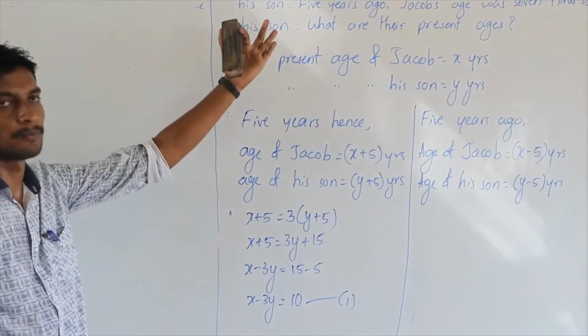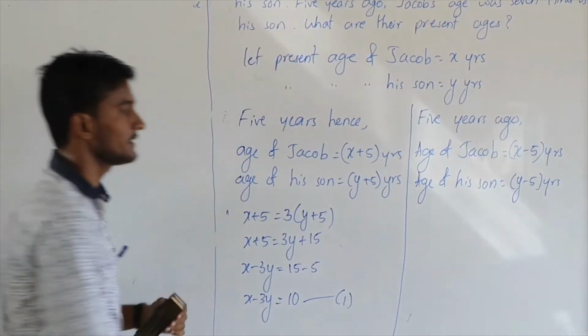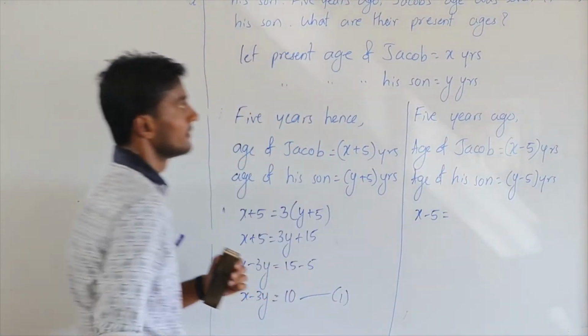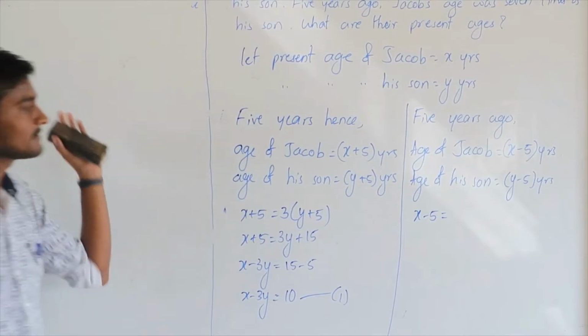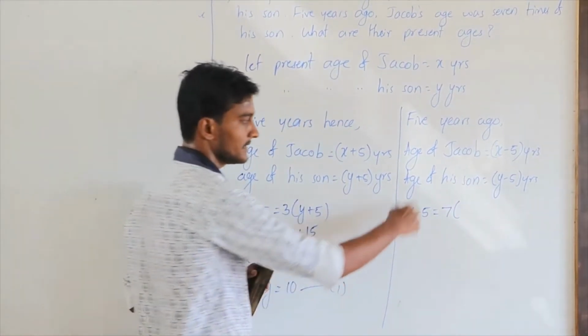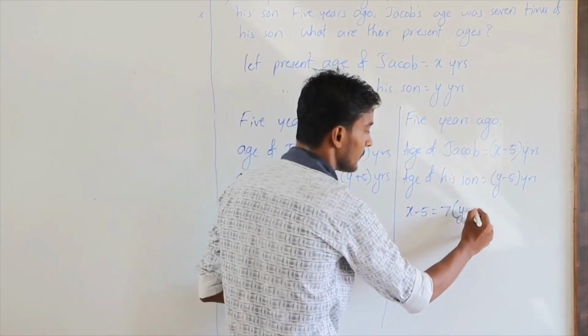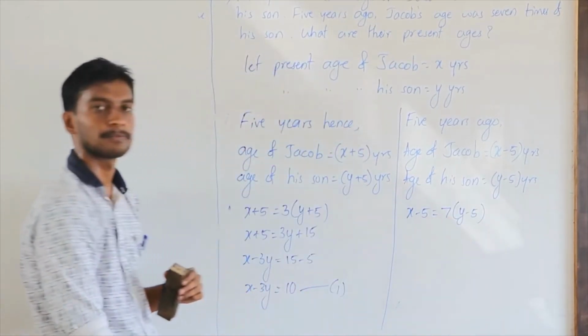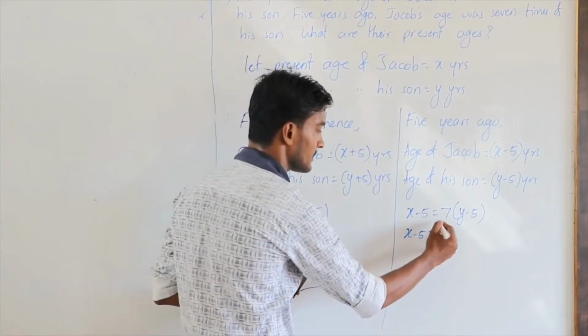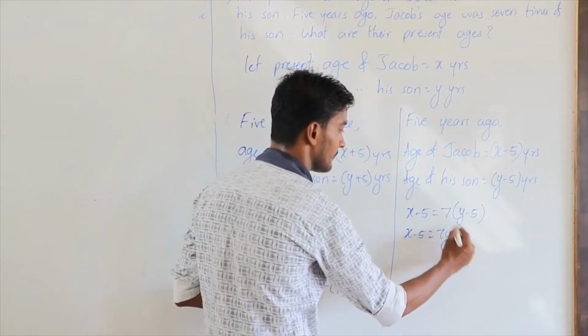So the condition is what? 5 years ago Jacob's age, what is the age of Jacob? It is x minus 5, was 7 times that of his son's age. What is the age of the son 5 years ago? y minus 5. So if you simplify, x minus 5 is equal to 7 into y, 7y minus 7 into 5,